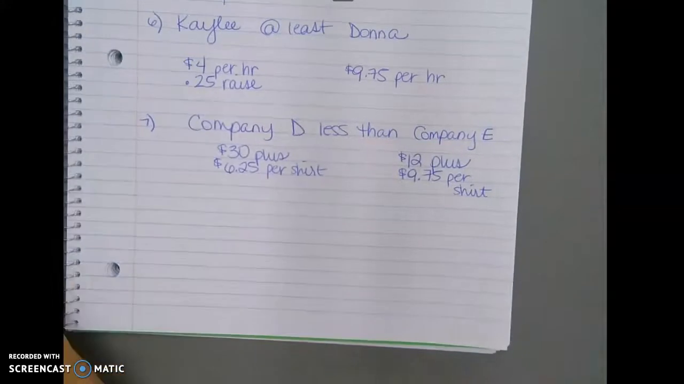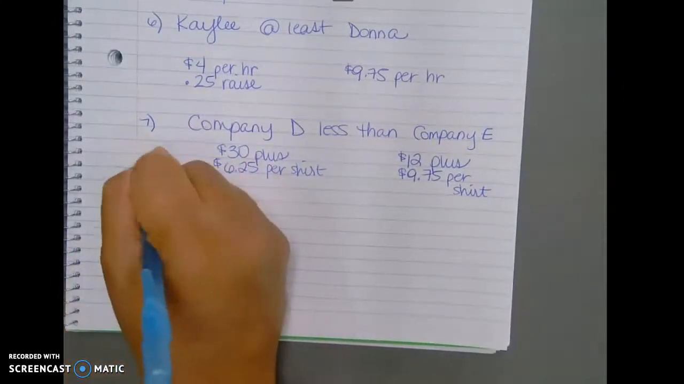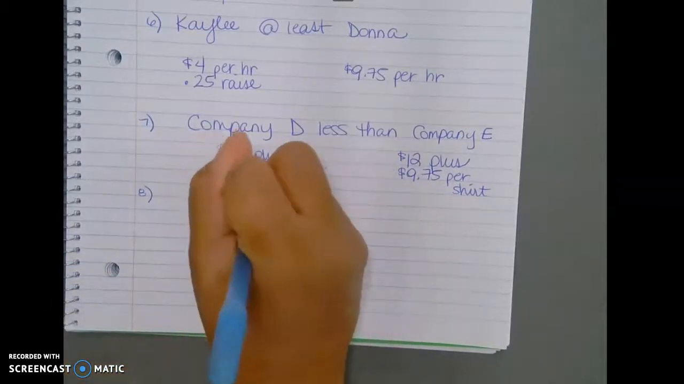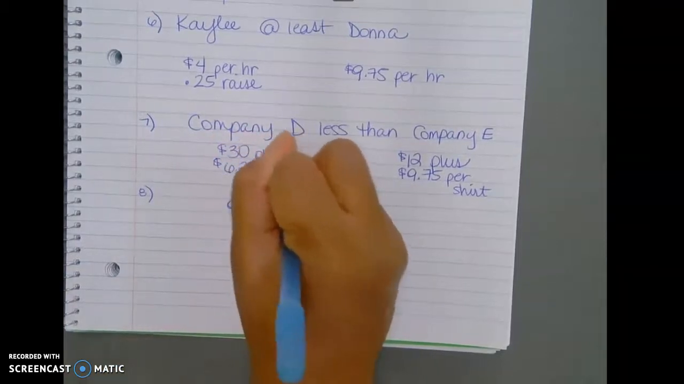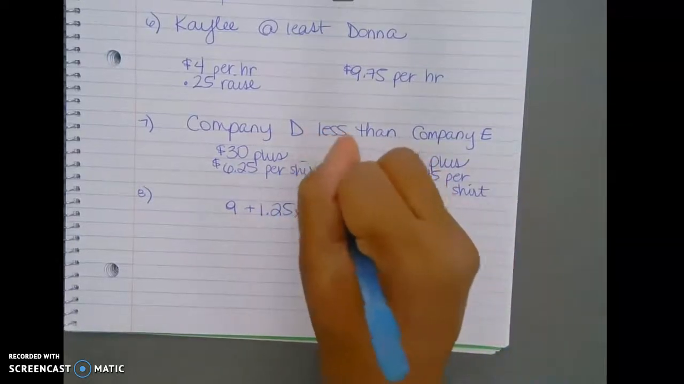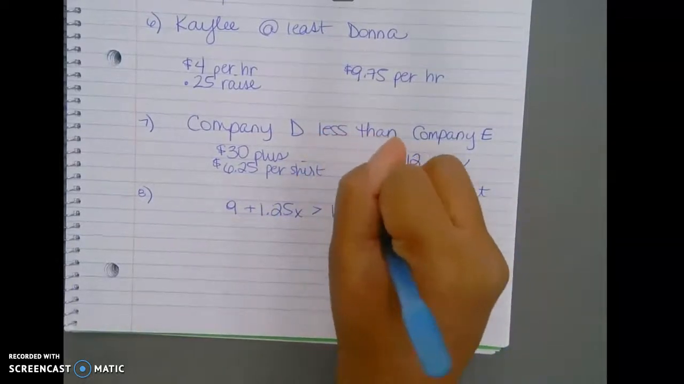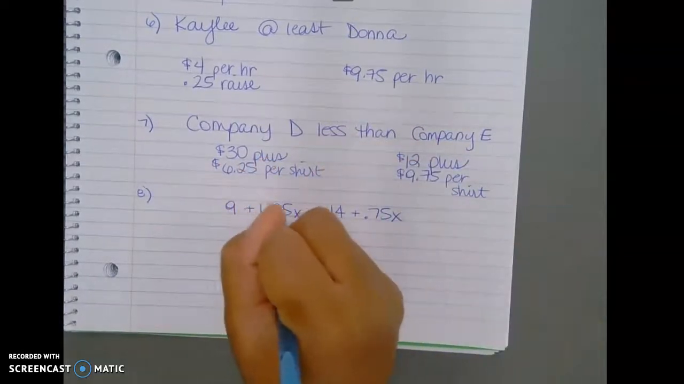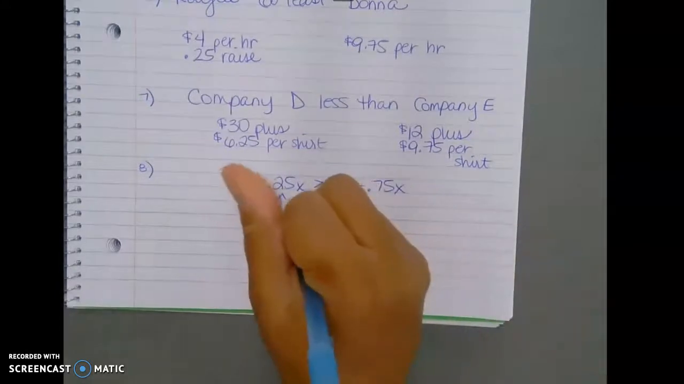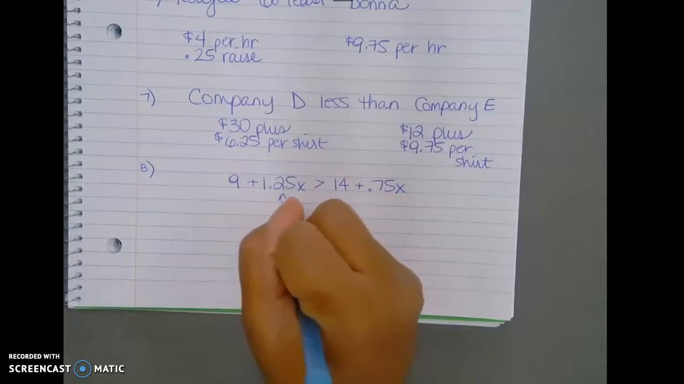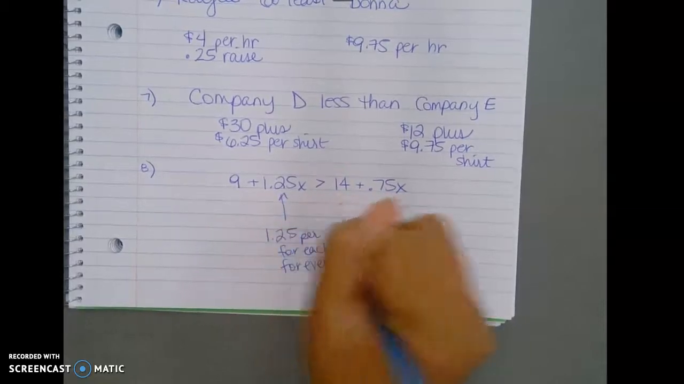And then number 8, the situation. Which of the following situations could be solved by using the inequality shown below? And the inequality is 9 plus $1.25 X is greater than 14 plus 0.75 X. So this is where we need to see $1.25 per, for each, for every,